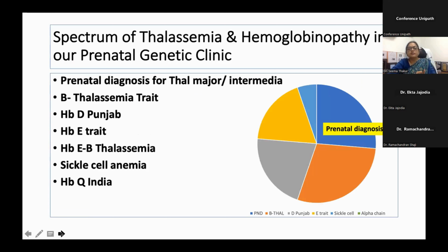So this is the spectrum of thalassemia and hemoglobinopathy in our prenatal genetic clinic. A quarter of our cases are referred for prenatal diagnosis for thalassemia major or intermediate. And some of them would be beta thalassemia trait, one partner, and the other partner is normal. Even one partner with hemoglobin D Punjab and beta thalassemia trait, both couple hemoglobin E trait, then the children with hemoglobin E beta thalassemia, children with sickle cell anemia, and the alpha thalassemia carrier status like hemoglobin Q India, hemoglobin